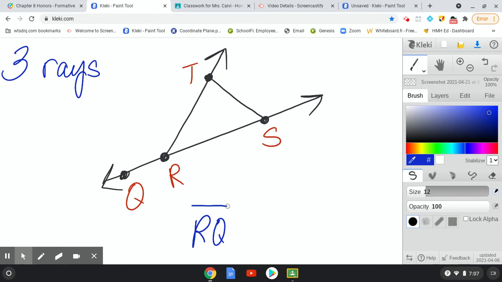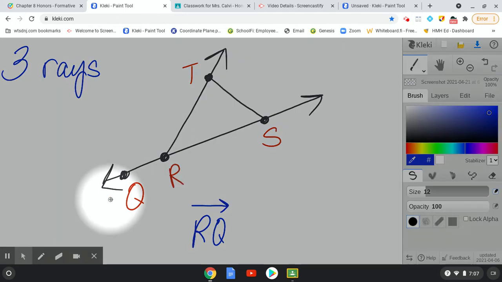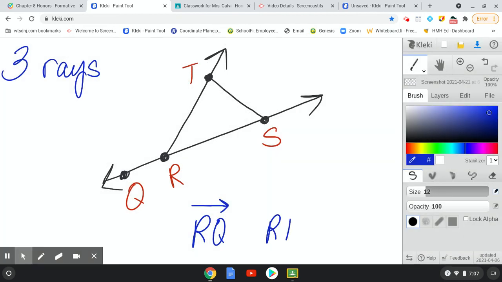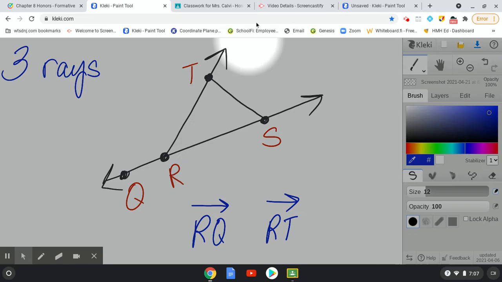And if you remember, the symbol is an arrow going in one direction. We always want to start by naming the ray with our endpoint, okay? So we can also say ray RT. So ray RT, starting with our endpoint, following through with the arrow. And then we can also have ray